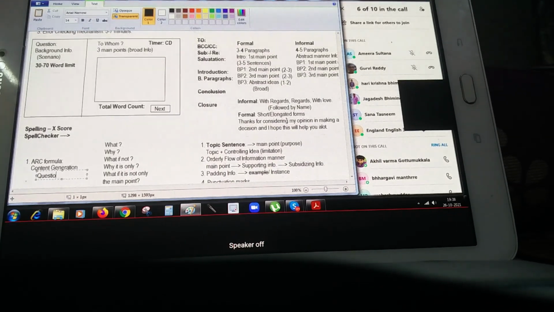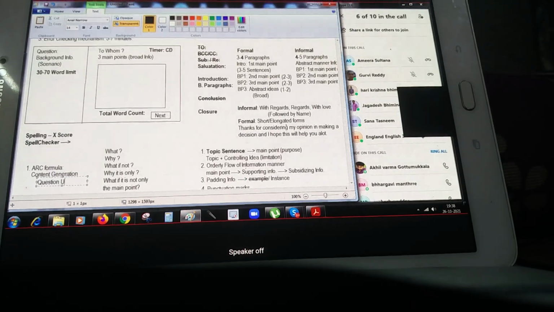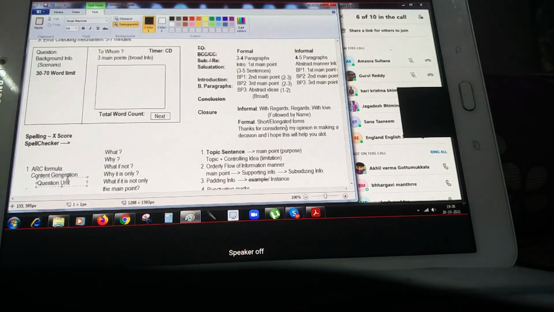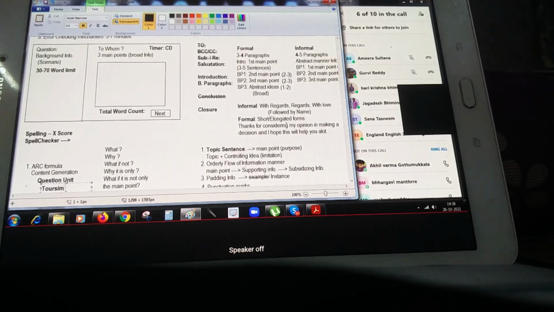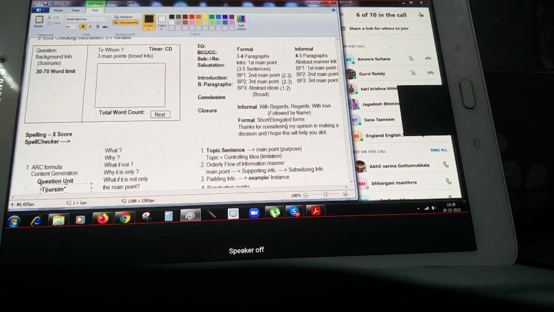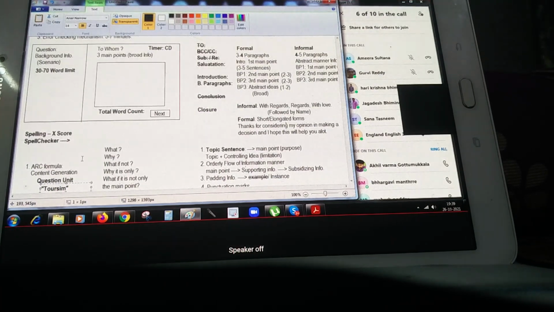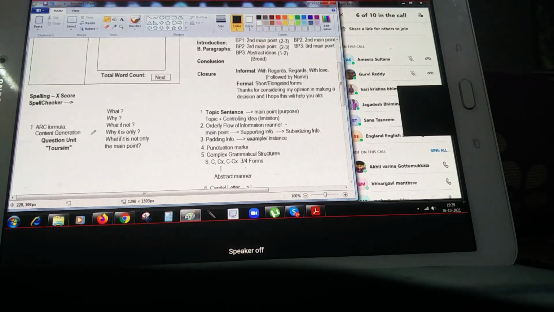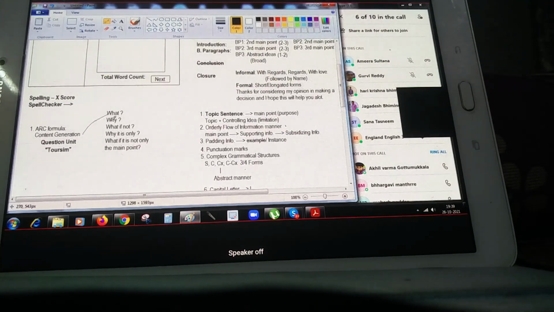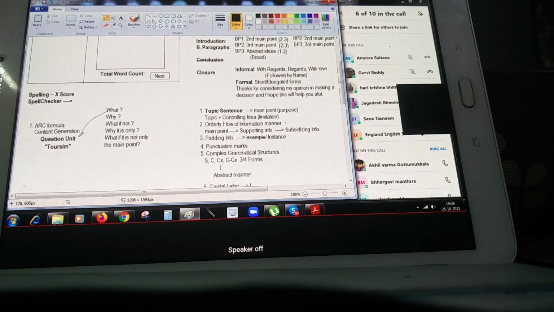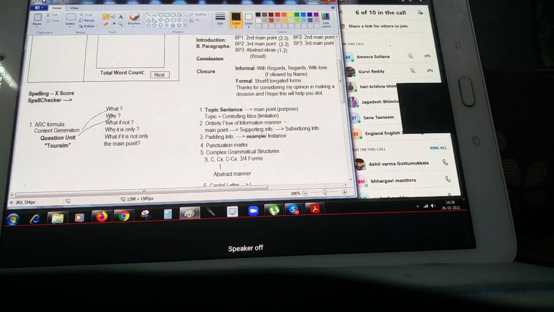In the question unit, you are going to find one or two keywords. Taking that question unit information, you need to ask yourself in what manner you need to create the content. For example, if they give you one point, tourism, and you don't have much content about it, what are you supposed to do? You have to make that tourism a question statement. What's the question? Tourism. Tourism stands for traveling, globalization, some other units. Why tourism? Because it's a